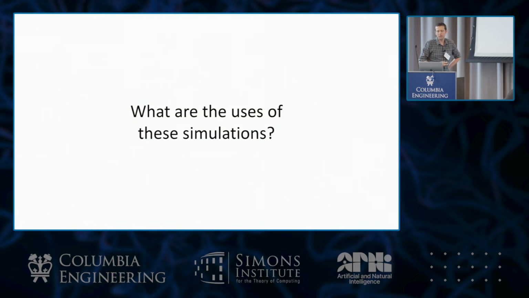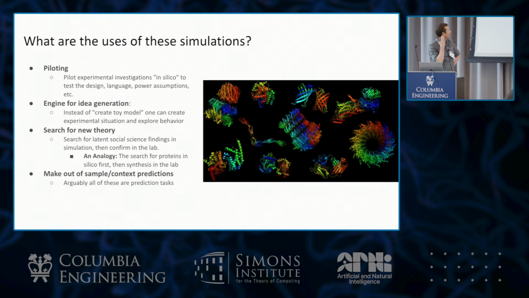So, what do you actually do with this kind of thing? Well, I think for empirical social science, there are a few applications. One is just piloting. If you do empirical work, you waste a lot of time, money and resources running experiments where after the fact you're like, people didn't understand this question, or we really should have asked this other question. If you could simulate the research process before you actually did things, that would make for a more efficient use of your resources.